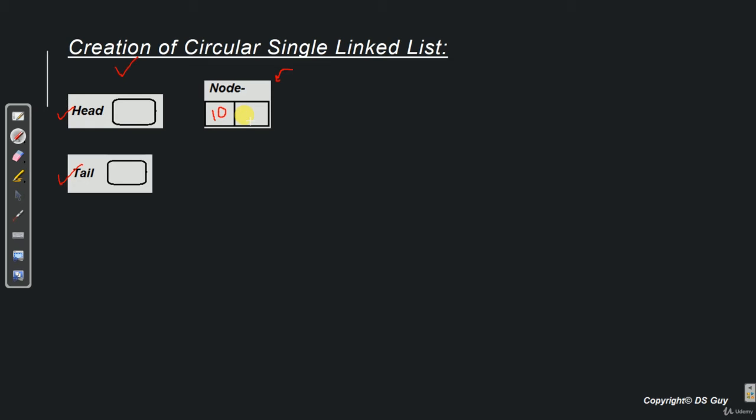Now if we recall from our single linked list video, we said that we have to put null over here. But since this is a circular list, we will not put a null. Instead, we will put the reference of the first node. Now what is the first node? This node over here is the first node. Let's say the address of this node is 111. So we insert 111 in the reference. Once we insert 111, it automatically starts referencing itself, hence making a loop.